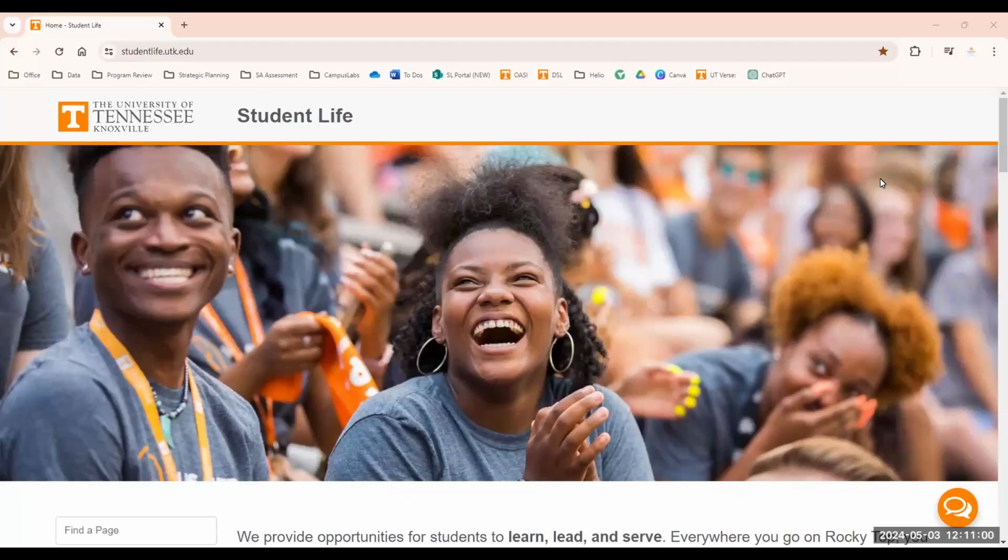Welcome to the tutorial on how to add an area to HelioCampus. Let's go directly to HelioCampus. If you've never been, there are several ways to get there. One way is to start with